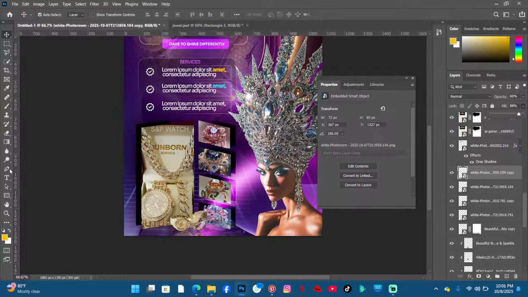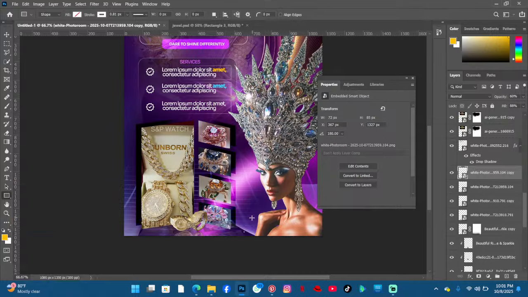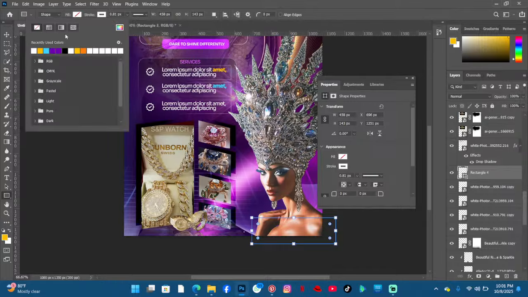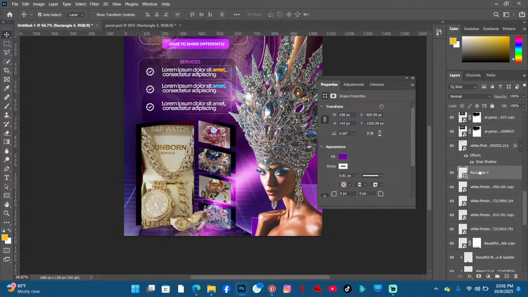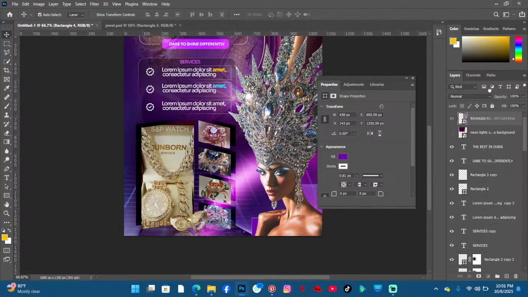Okay, now we add details for this location stuff. Add it here. This one we can use purple. Let's bring it in front of our picture, our main picture. So it will be like this. And